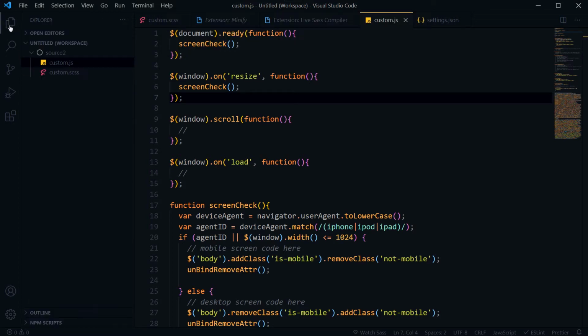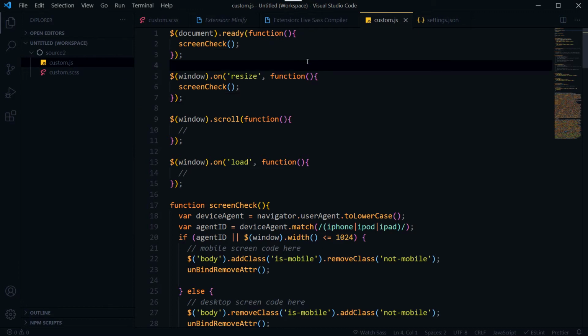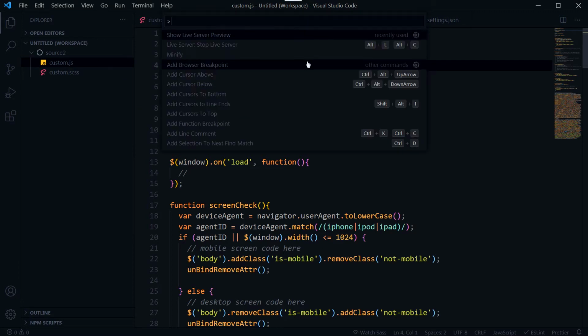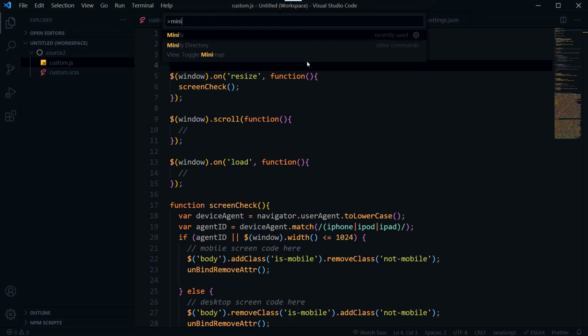Let me go to the Files Explorer and I will again hit the F1 key and type Minify. I will select this Minify to get a minified version of this custom.js file.